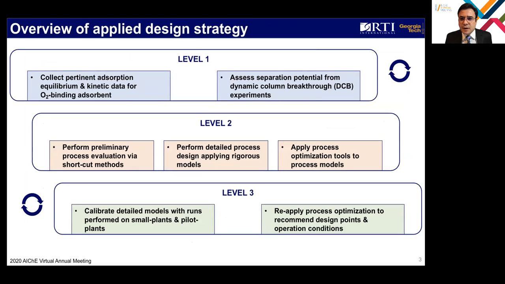So let me comment now a little bit on the details of this presentation regarding the overall design strategy that we follow. And this is probably not unknown to a lot of people here in the audience, but I have classified these activities into 3 different levels. At the very top, we have level 1, where we are collecting the adsorption equilibrium and kinetic data. Without these pieces of information, it's practically impossible to design the process. At the same time, we can also conduct a series of experiments. We can pack columns in the laboratory. We can measure dynamic column breakthrough and obtain some information that could potentially be useful for characterizing the actual physical systems,